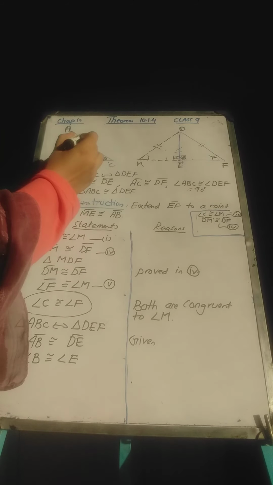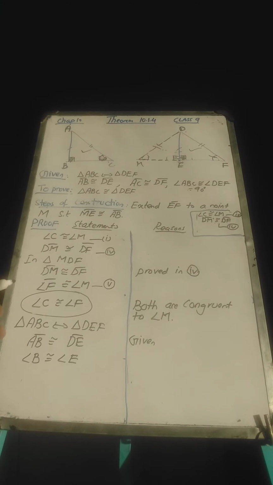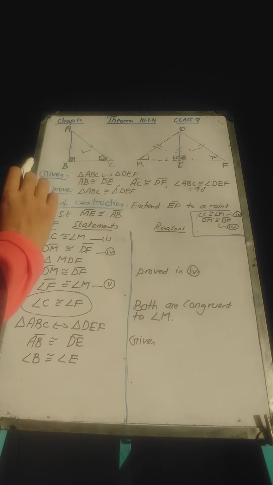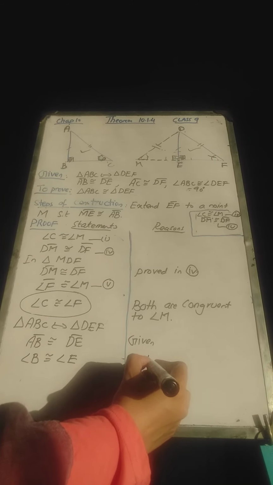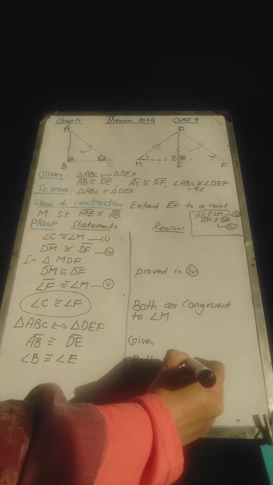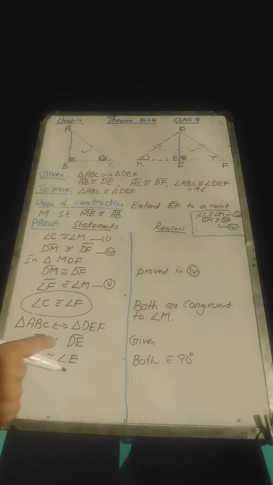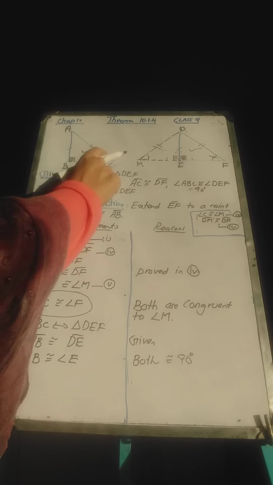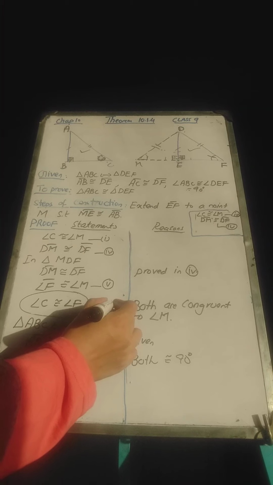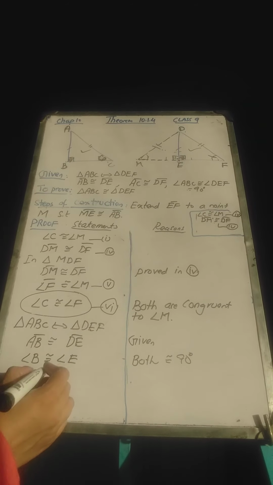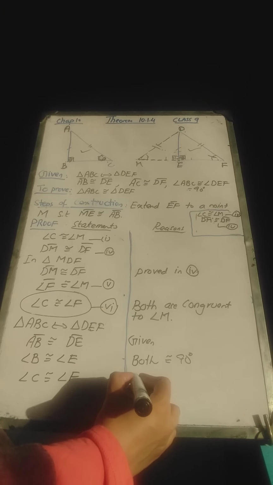Triangle ABC and DEF, we are considering these two triangles now. DE congruent to AB, this was given to us. Angle B was equal to angle E, because both are congruent to 90 degrees, because both the triangles were right triangles. So they had the angle 90 at the points B and E. Now the third angle that we have proved, let it be equation 6: angle C is congruent to angle F. This we proved in equation 6.